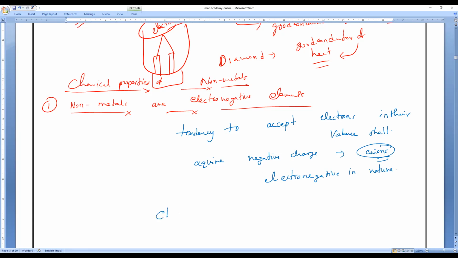For example, chlorine. How many electrons are needed? One electron is needed so that it turns into the chloride ion. Am I right, everybody? I told you in the second chapter, chloride anion it is. Next, oxygen. How many electrons does oxygen need? Two electrons, so that it turns into O2 minus. So it is what ion? Oxygen ion or